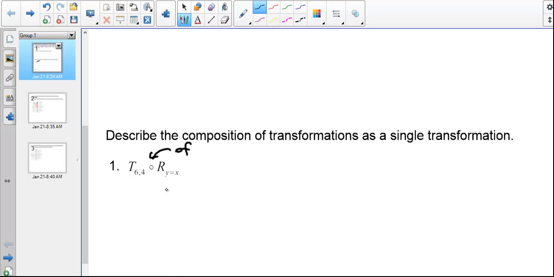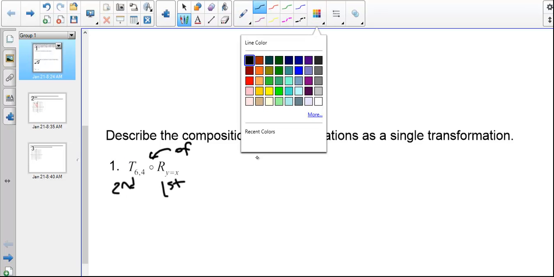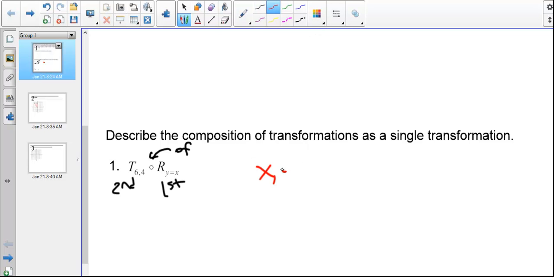So when you see this notation, it's kind of strange, but the reflection is what we do first, and the translation is what we do second, even though you see the T first, because we want to take the translation of the reflection. We're going to look at some of this graphically in just a second, but I want to realize that since this is something we're already familiar with, both of these